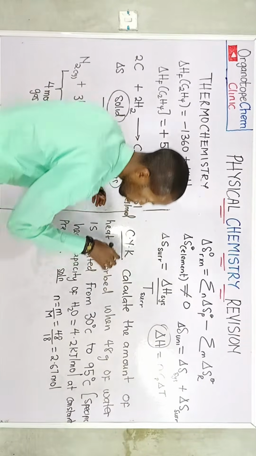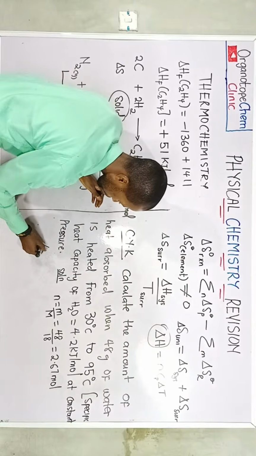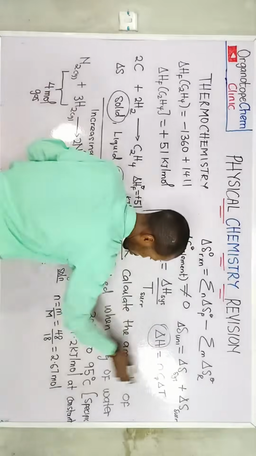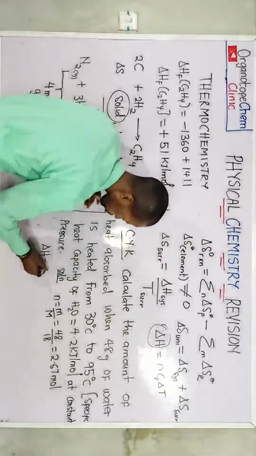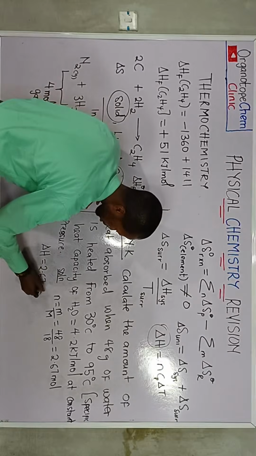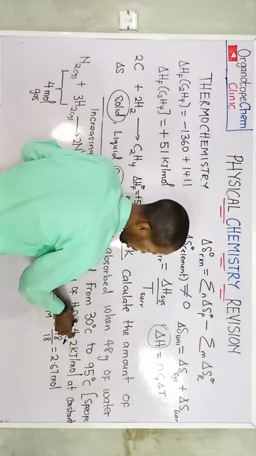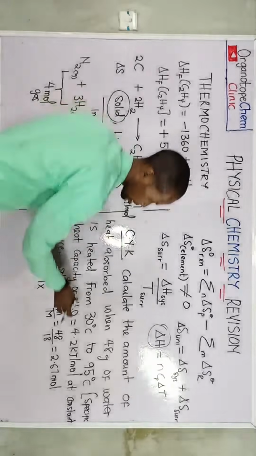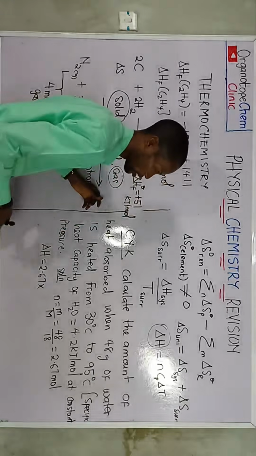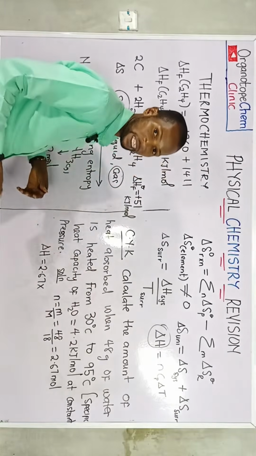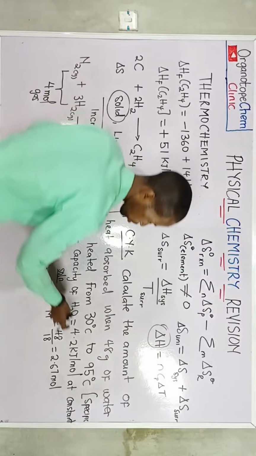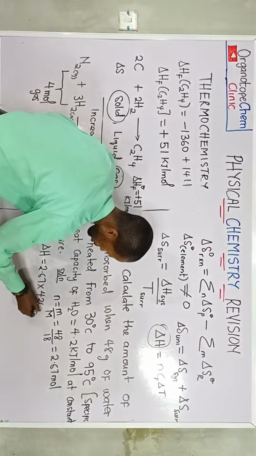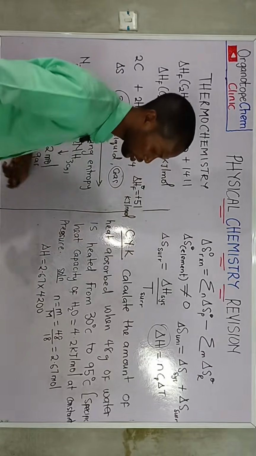So all we need to do now is we have delta H equals the number of moles 2.67 times, we have to express the specific heat capacity in joule per mole. Then we can convert the final answer to kilojoule. So when you multiply this by 1000, we have 4200. Am I correct? 4200